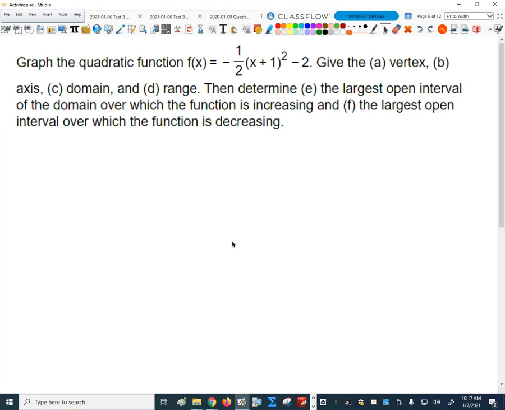This is one we're going to do an example of. I want to do an example using the tools, but it might be a different equation, but it's the same questions. So given a quadratic function, you're going to be asked on this assignment, this is just like a sample problem off the assignment, to give the vertex, the axis, the domain, and the range. And then I'm going to ask you to determine the largest open interval where it's increasing or decreasing. It sounds like a lot of stuff, but it's actually pretty easy and goes pretty fast once you've done one of these. So I'll pull up this